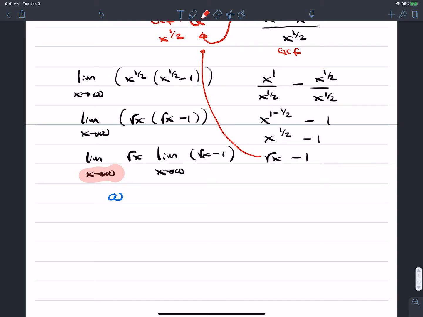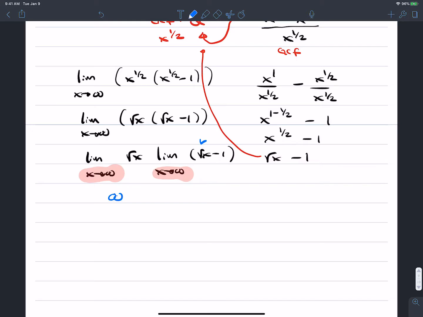So as x gets big, the square root of x gets big as well. Maybe slower, not as fast, because it's the square root, is that right? But it's still getting big because x approaches infinity. And for the next answer here, you say, okay, x is getting big. What's going on for the next one? Well, the square root of x, it's still getting big. Same x, right? So something getting big now,